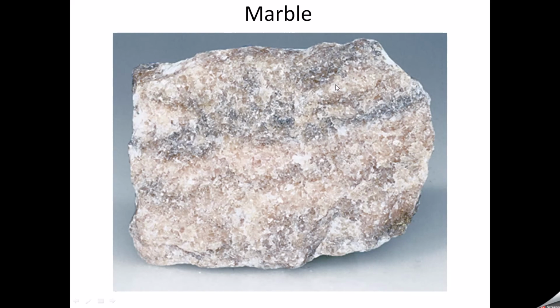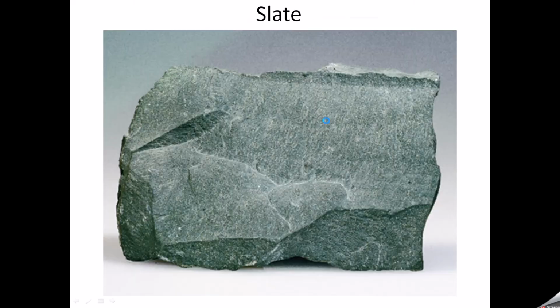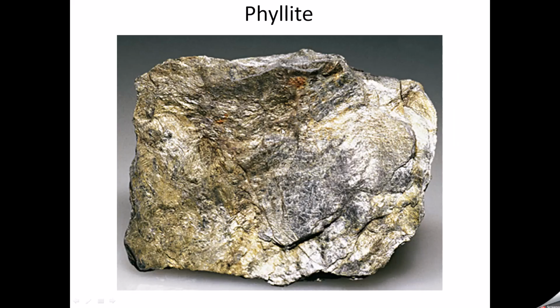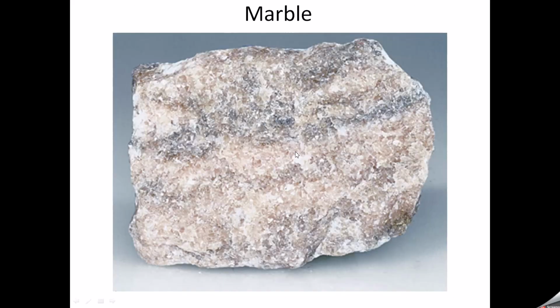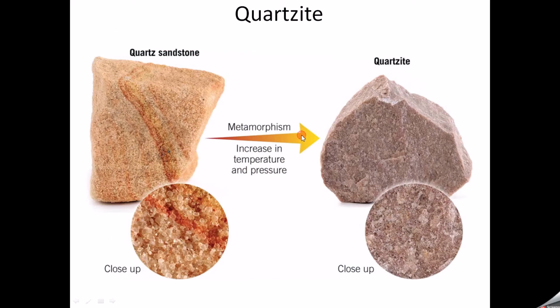Marble, no, all of these, oh sorry, let's go back. From slate, phyllite, schist, all of these are foliated. Now marble, non-foliated. It's coming from limestone, parent rock. Quartzite, this one here, and this is the original parent rock quartz, has crystals, but this is a close-up view of the quartzite after metamorphism. No space between crystals, locked up and fused together.